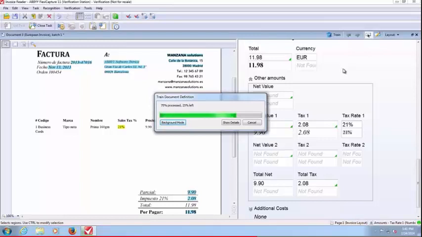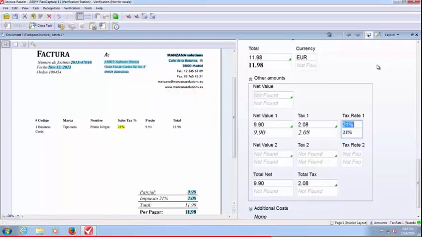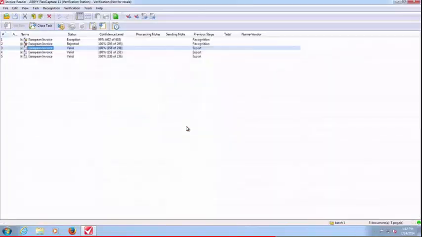Once training is complete, and the period of training will depend upon the number of fields captured on the invoice and the quality of the invoice as well. But once training is complete, we can then export these documents, and at export the information extracted will be posted into your line of business application, which could be SAP, for example, Sage, any number of invoice solutions. So once I'm happy that I've validated or